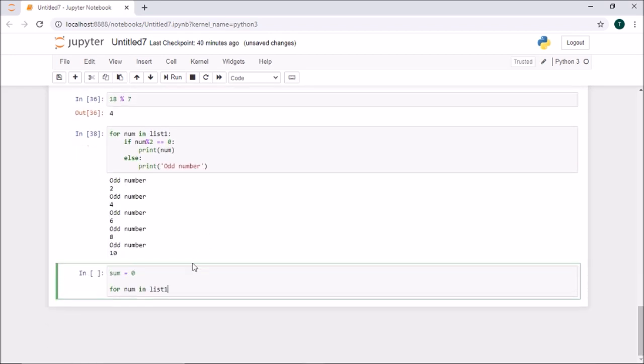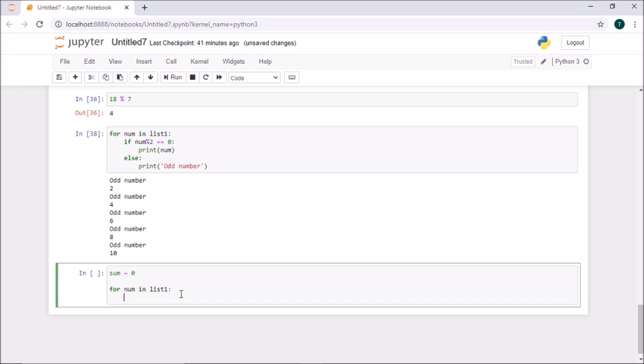So I'm going to iterate one value at a time. I just take for num in list 1. What I'm going to do is, I say sum is equal to sum plus num.